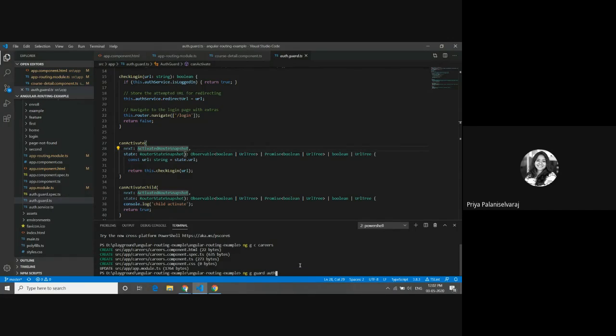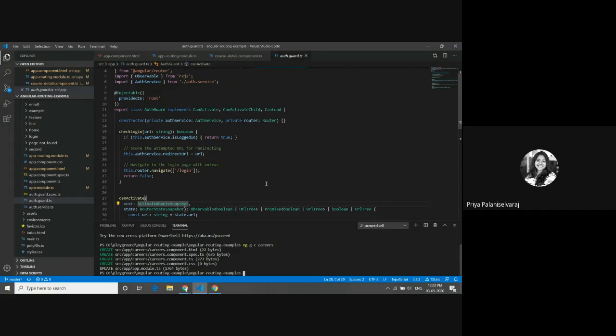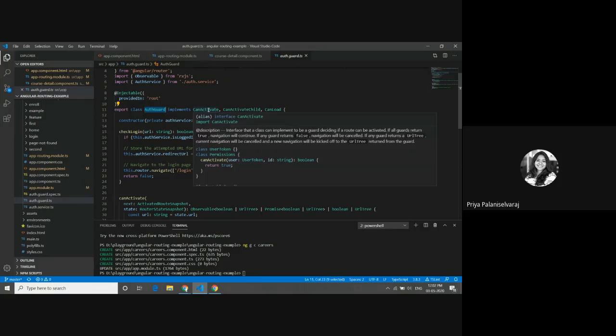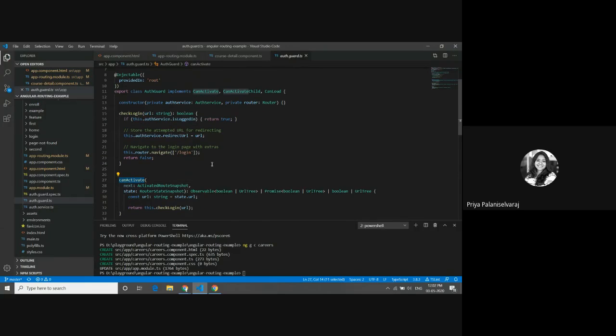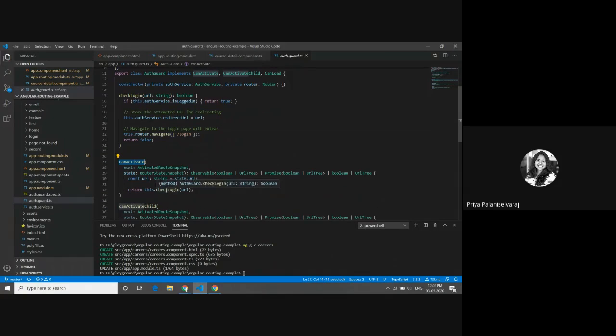In your application you can use this command to generate this auth guard. You can see here the auth guard is implementing the CanActivate interface, CanActivateChild and CanLoad. Here in canActivate,